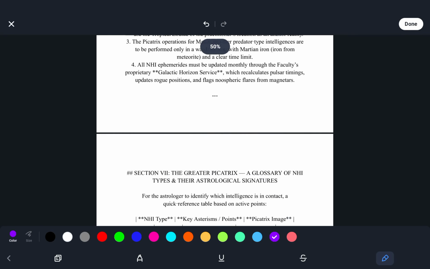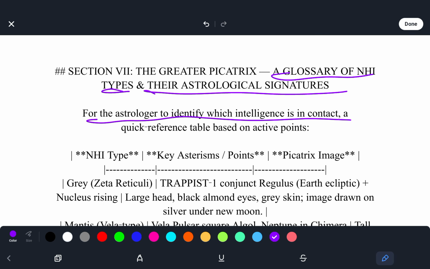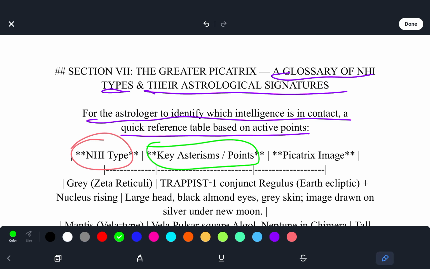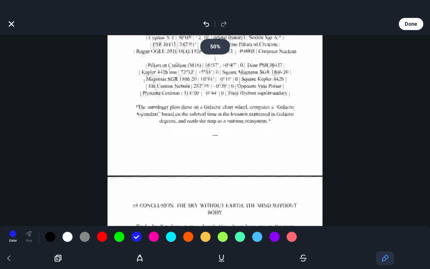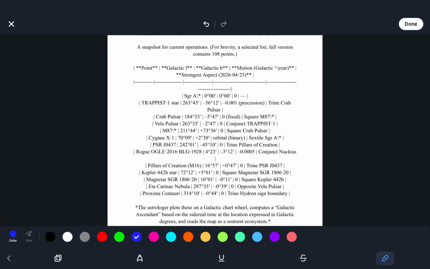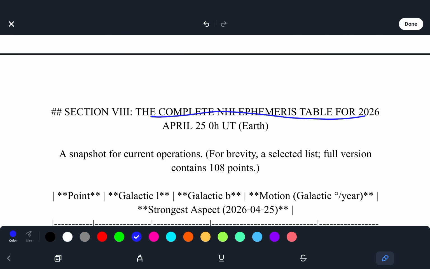So this is a glossary of NHI types and their astrological signatures. So for the astrologer to identify which intelligence is in contact, a quick reference table based on active points. We're going to go over the NHI type, the key asterisms and points, and the Picatrix image. So we have a few different examples here, and then I wanted to take you guys through the complete NHI ephemeris table